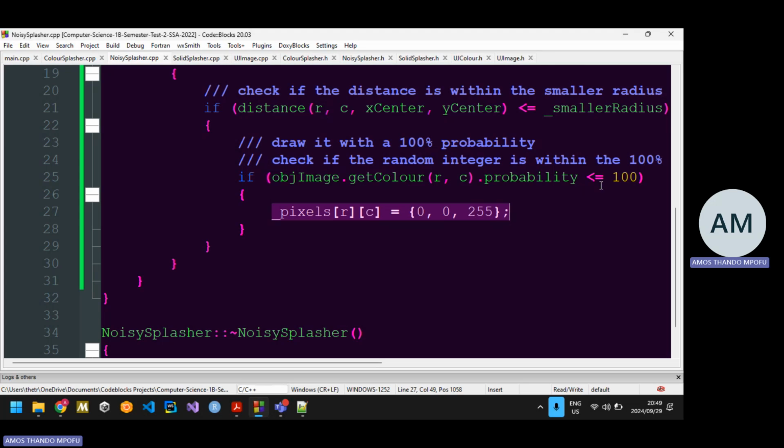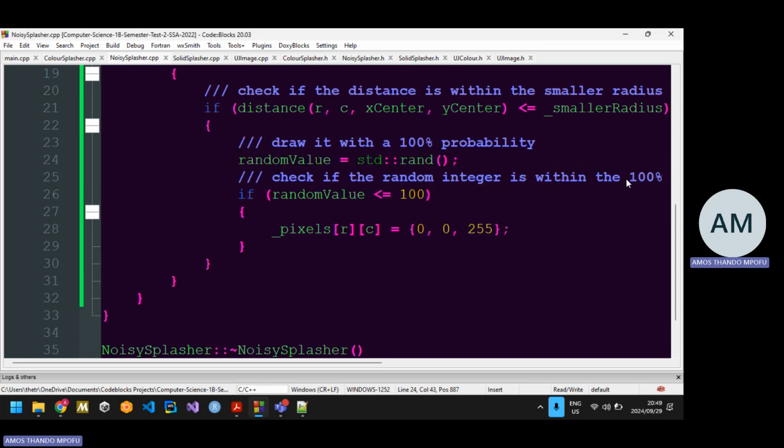oh yeah, I see now. Remember, probability is going to be on the right-hand side of the less than or equal to. So this is wrong. So let me do this. Let me put back that one. There we go. So I would check the random value and then check if the random value is less than or equal to 100. That's what I'm using. That is my probability. Else,